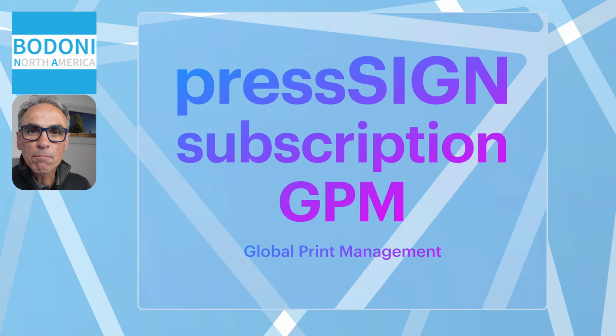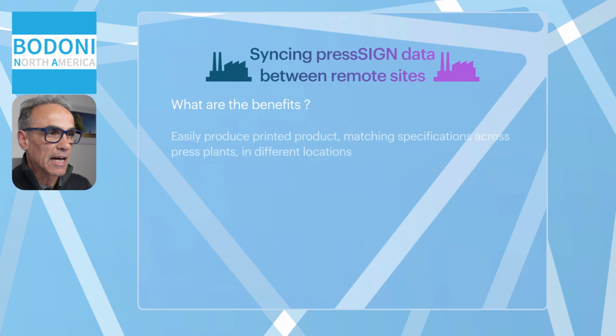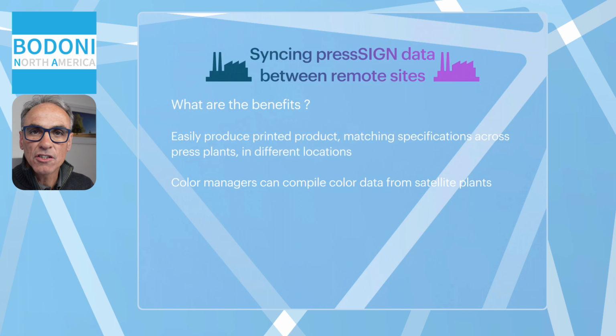So let's go through the subscription version, the GPM Global Print Management version. Firstly, you'll be synchronizing data between remote sites. That's one of the things that the GPM version allows. So let's have a look and see what the benefits are for doing that. You can easily produce printed product matching specifications across sites and different plants in different locations. Those locations might be actually in the same town, in different towns, in the same country, different countries, or different